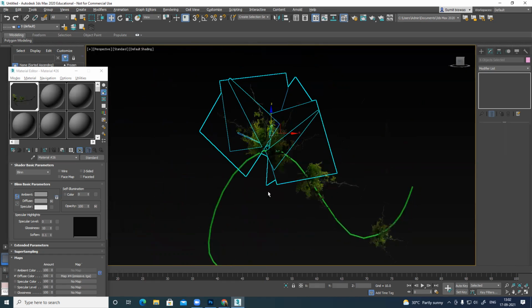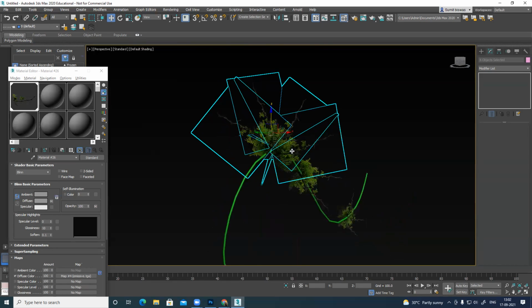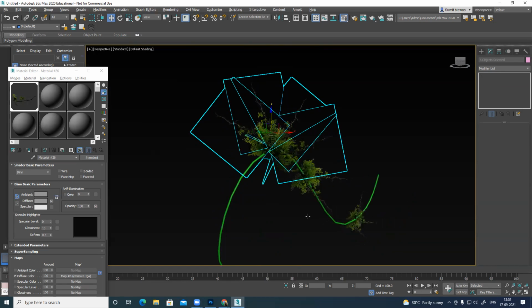Maybe I can add some other leaves and everything. And maybe I can create two versions of the same leaf and then use it.